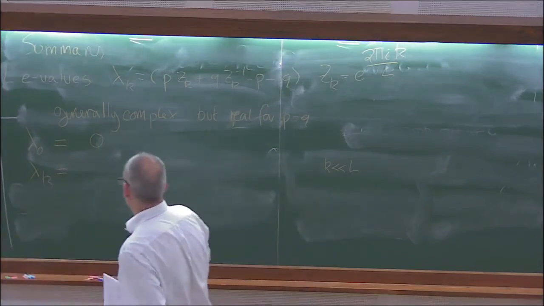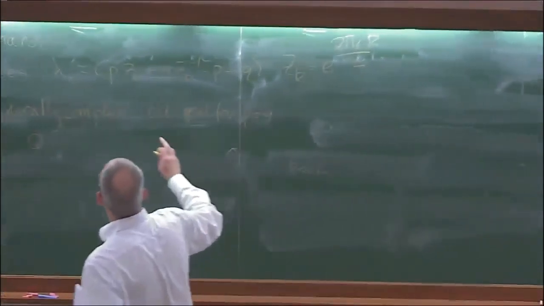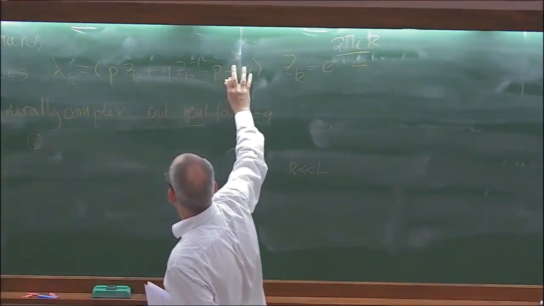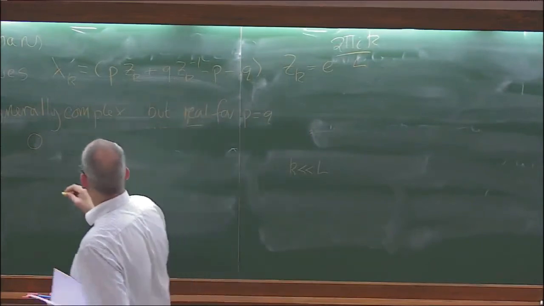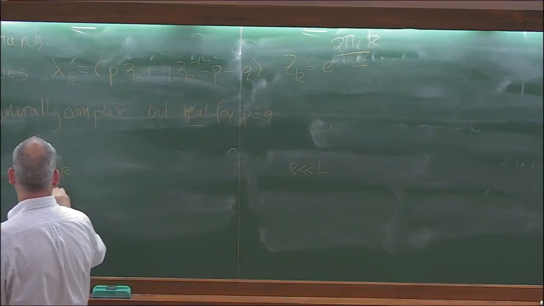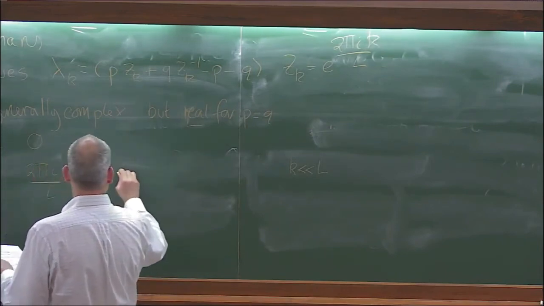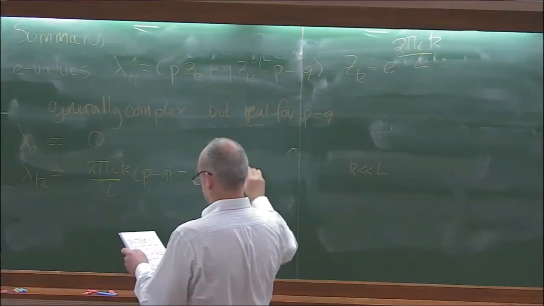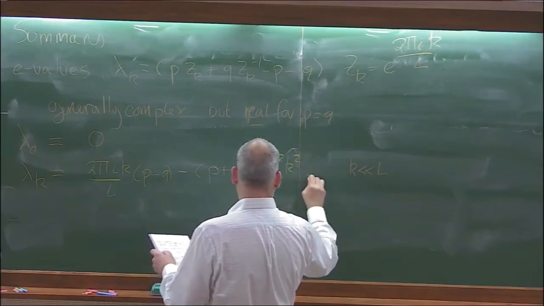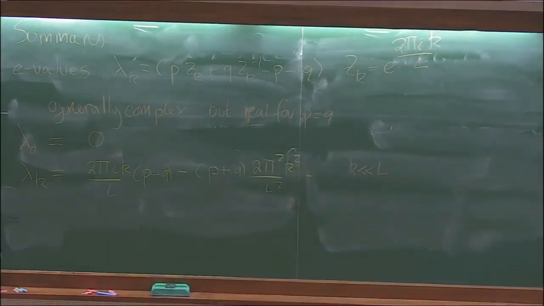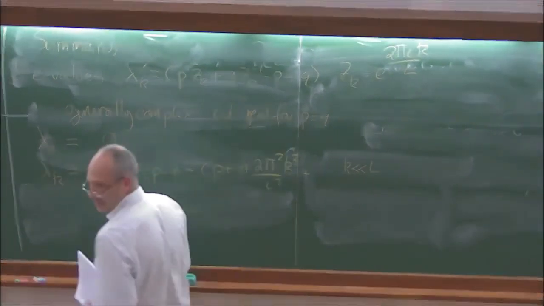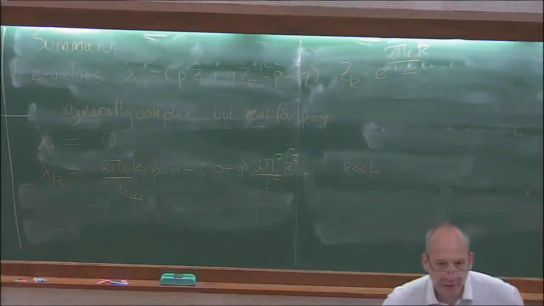So for k very much less than L, I can expand this, and what I get is lambda k. The first term from each z will be 1, which will cancel. Then I'm going to have 2 plus i k over L, p minus q, then minus p plus q, 2 pi squared k squared over L squared, plus the higher order terms. But from this you see that this is an imaginary part, so it will give some oscillations, and the